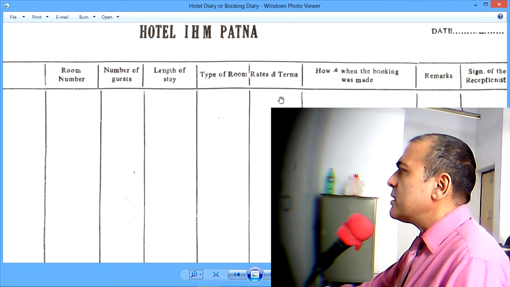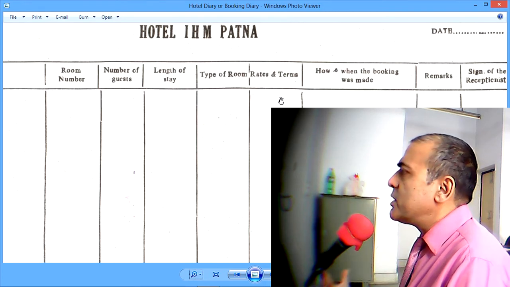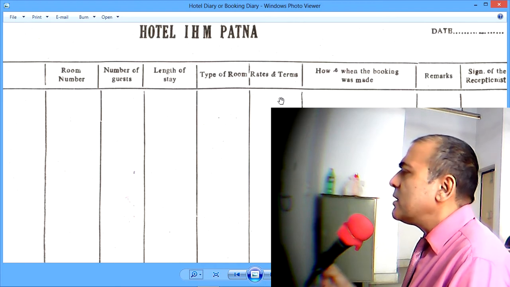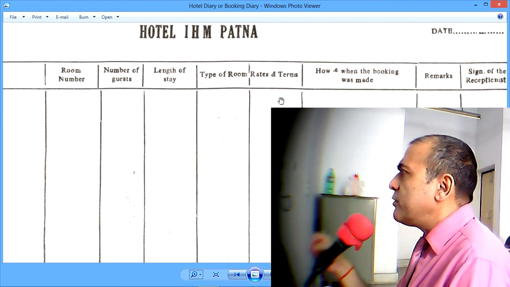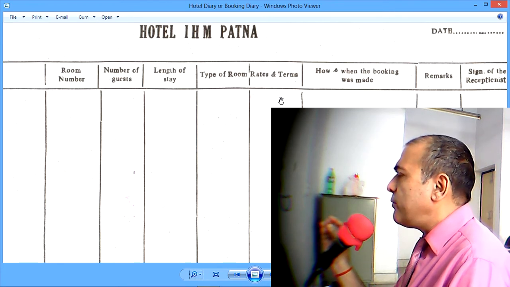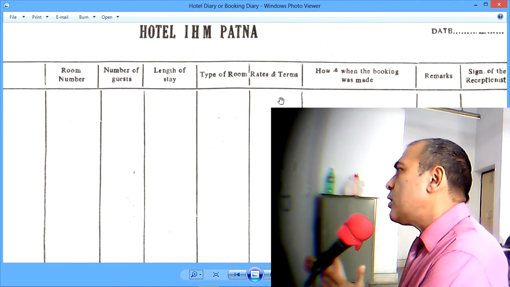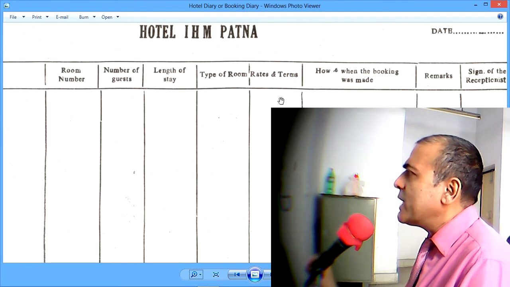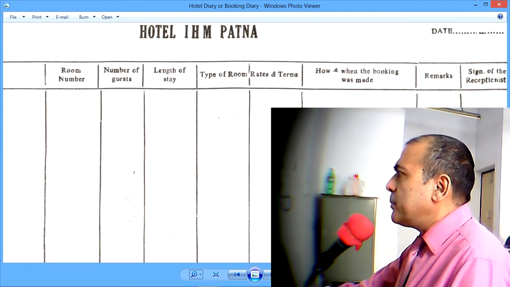Rates and terms: here, room rates, and terms are things like the taxes, the service charges, and any other financial obligation which the hotel places on the guest as a result of having a reservation. When we cover the form of guest registration, I have a record from a hotel, and you will see the number of obligations that are placed on the guest by the hotel. There's a long list. So these terms are important.